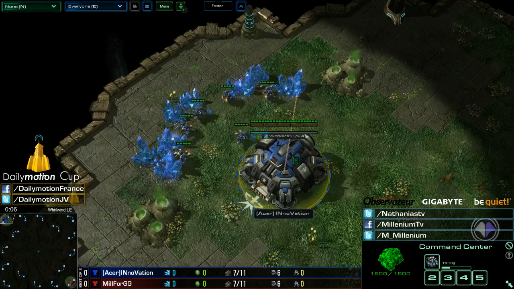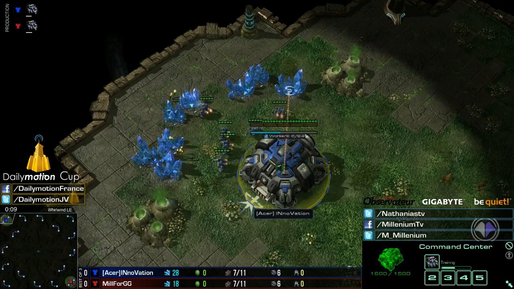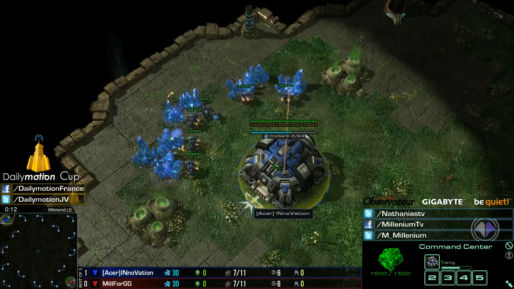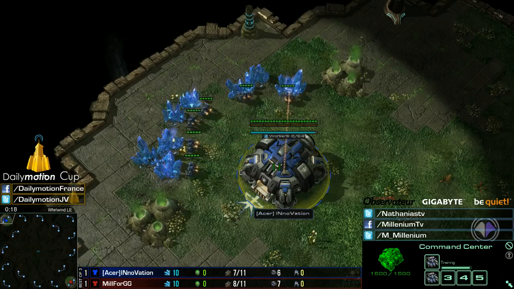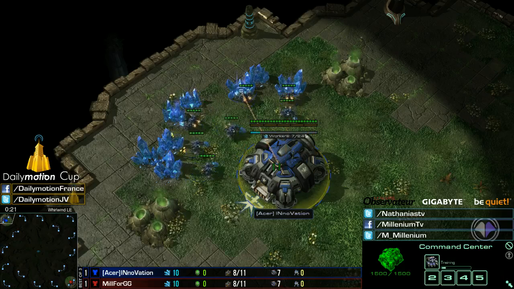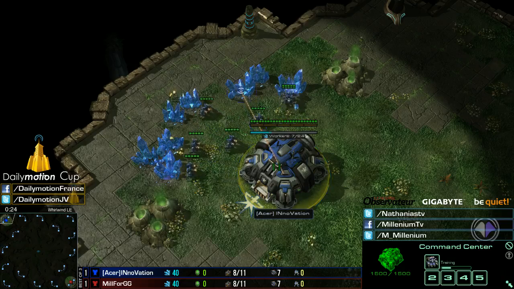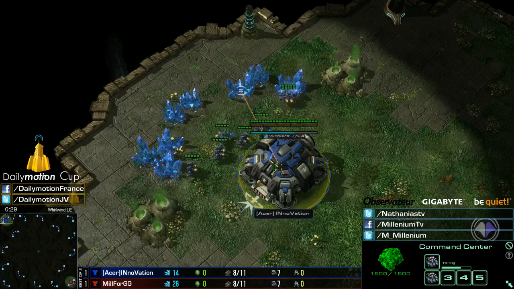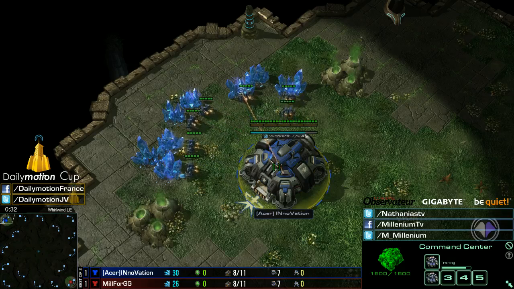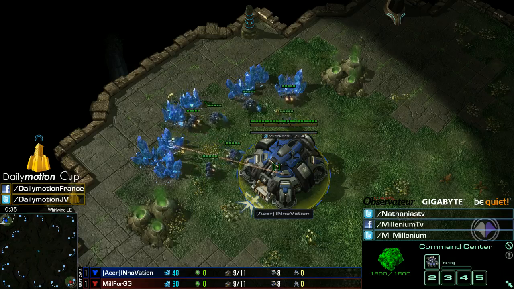So, welcome back, ladies and gentlemen, to the Dailymotion Cup. We have the deciding map of this best of three, spawning in the top left position as the blue Terran player from Team Acer, who took the first game with a very powerful attack with siege tanks and marines. It is INnoVation